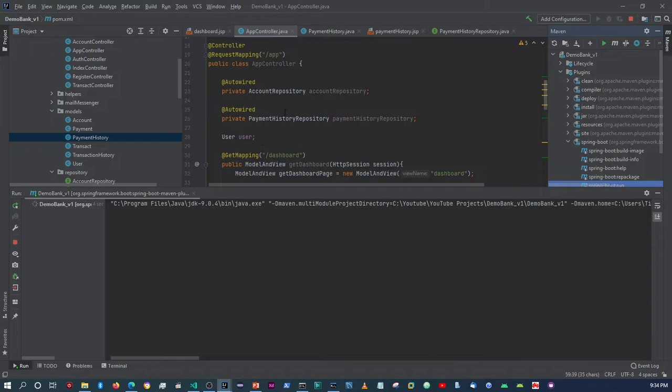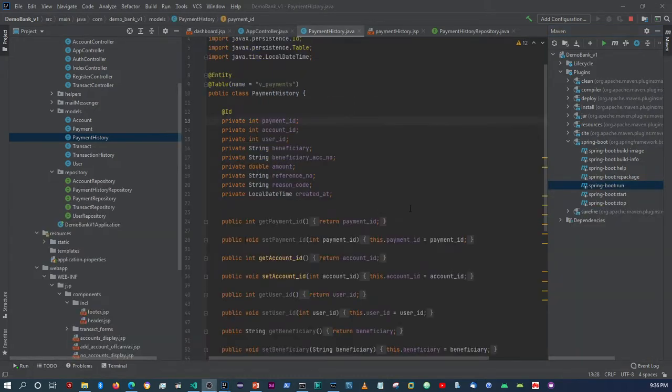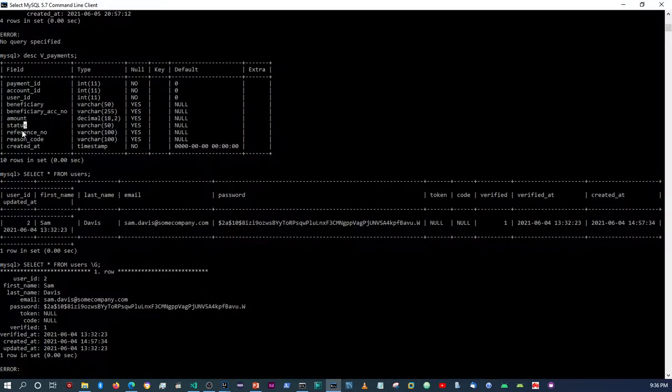So I think I got everything. All right, let's just give it a chance to deploy, and then we'll check it once it's back up. All right, guys, I'm back again. Okay, so I got another error. I forgot to add the status property. I don't know how exactly I missed that, so we need to add this status property as well within the